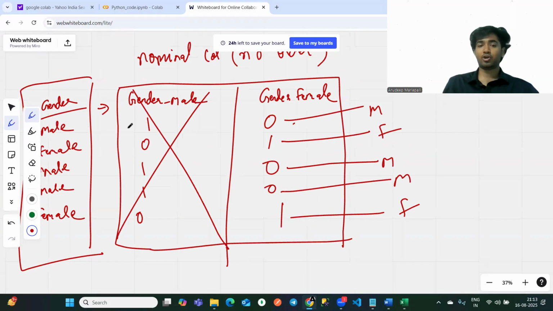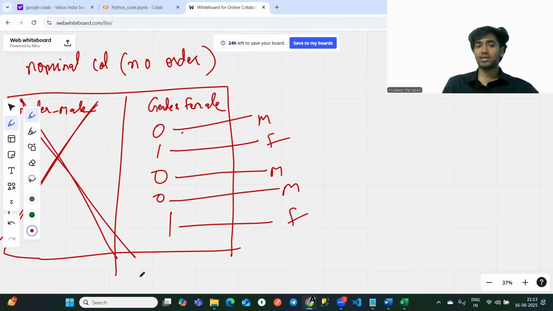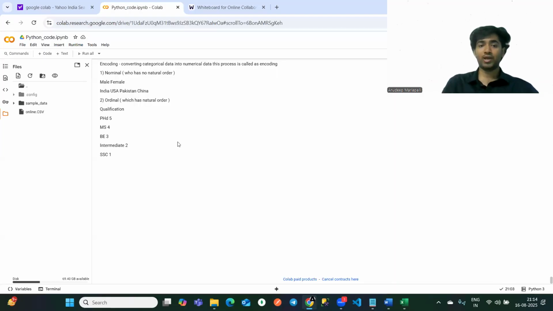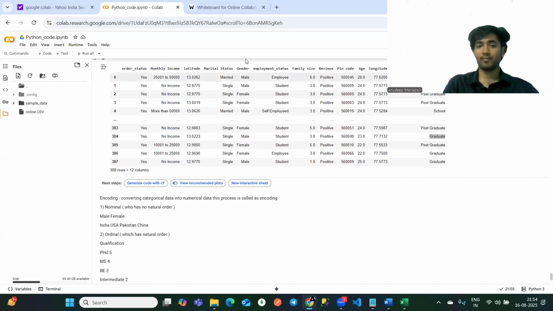So now we can drop the unnecessary columns as well. We should keep as few columns as possible. Okay. So let's learn how do we convert this gender column. Okay. How do we convert this nominal column into numerical? Okay. So now what we should do